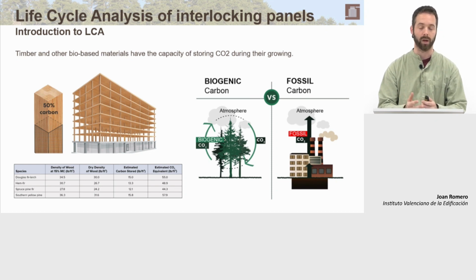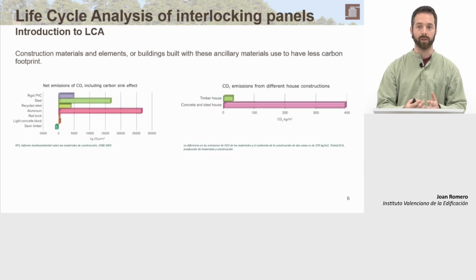conventional construction markets. For instance, you have here a comparative chart of different homologous products, for example PVC, steel, recycled steel, aluminum, brick, and so on, compared to sawn timber. Not only is the sawn timber lower, but it is also negative compared to its competitors. So obviously this is a really good advantage when, for example, in tendering, the carbon footprint is a key value to access this kind of